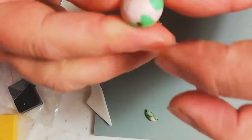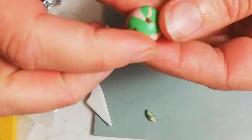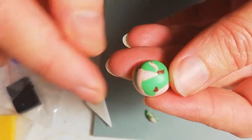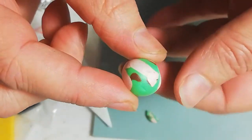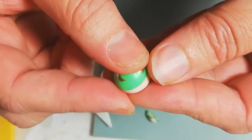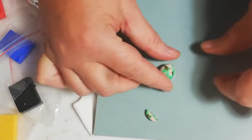So roll it back into a nice ball, and then you must just decide which side is going to give you the best swirl look. I think this is quite a nice one. So you've got little bits of the chocolate chip in it and some of the pink swirl, whereas this side is way too pink and that hasn't really got much movement. So I think this is my best side. So putting that down,